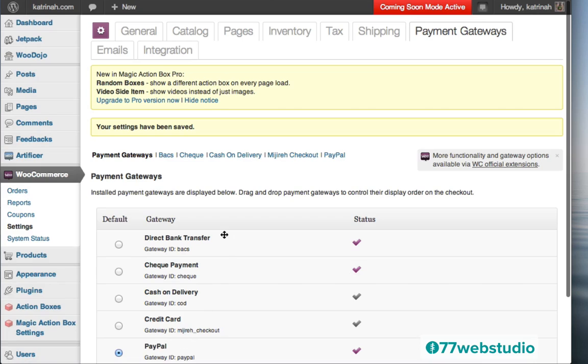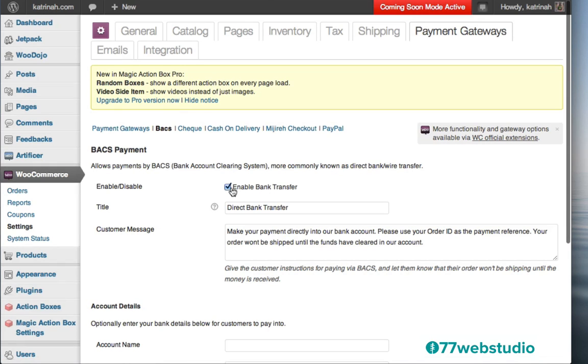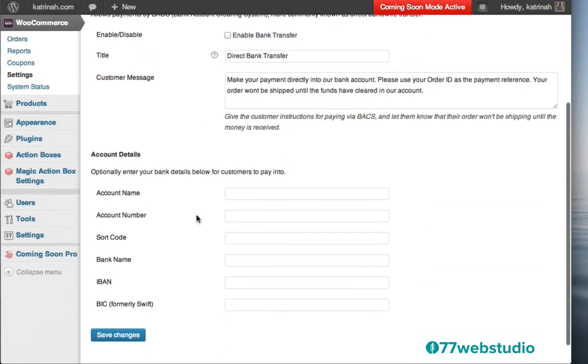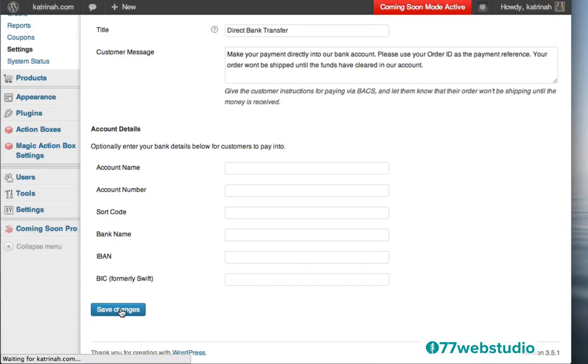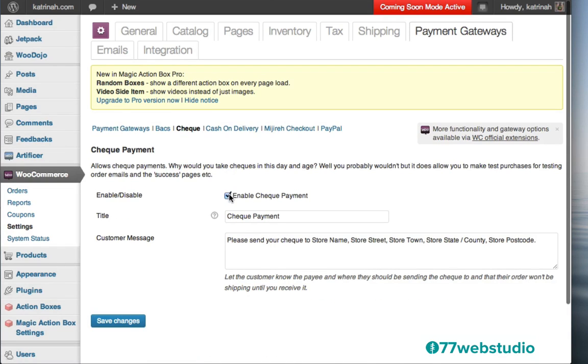So once PayPal has been set as the default, now I need to disable the direct transfer and the check payment. So to do that, first I need to click on this link here. It says BACS. I'm going to click on that link. And here where it says Enable Bank Transfer, I'm going to uncheck it and scroll down and click on Save Changes. And then I'll do the same thing for the check link here. I'm going to click on check, and I'm going to uncheck this to disable the check payment